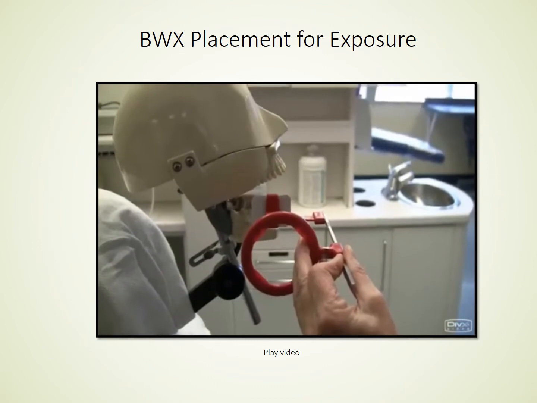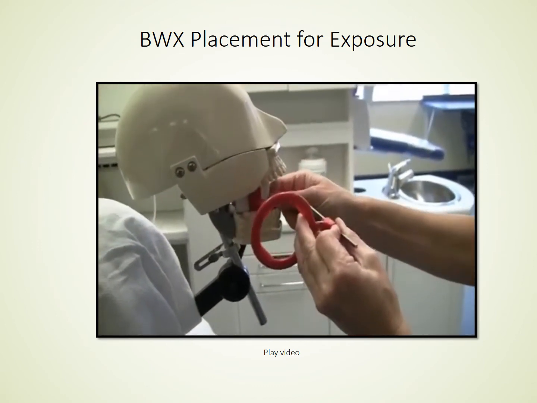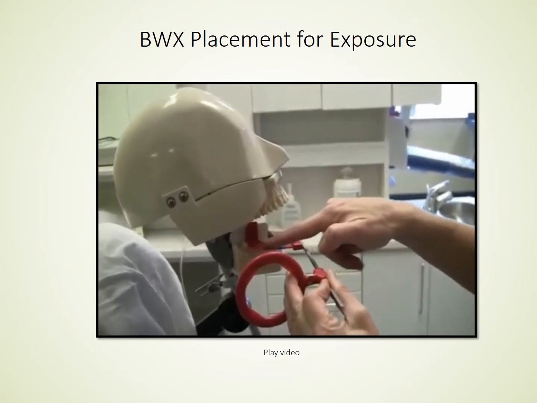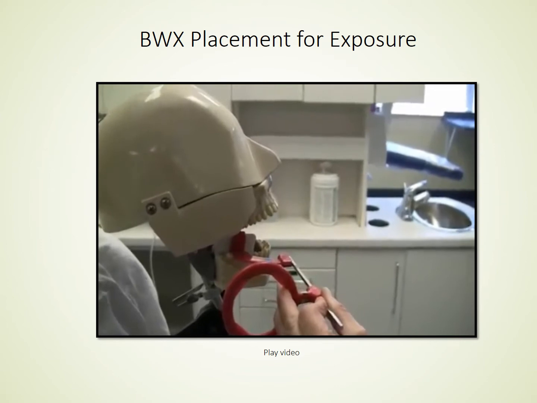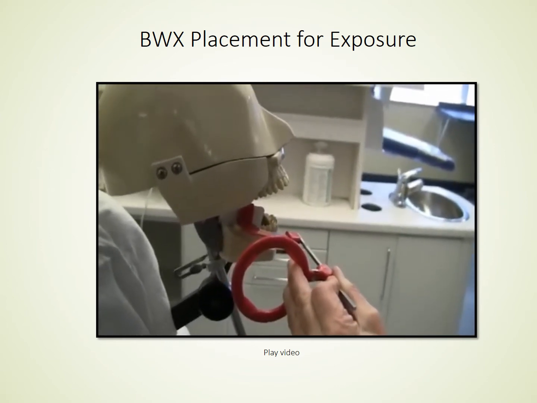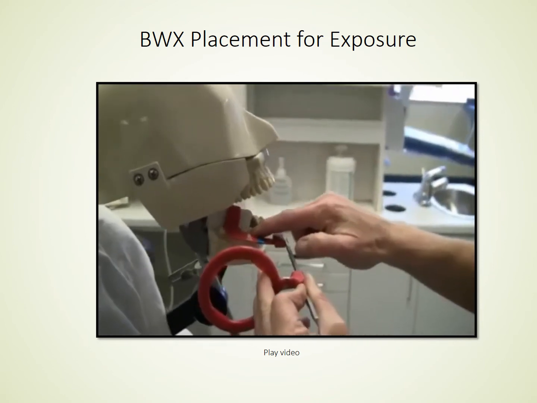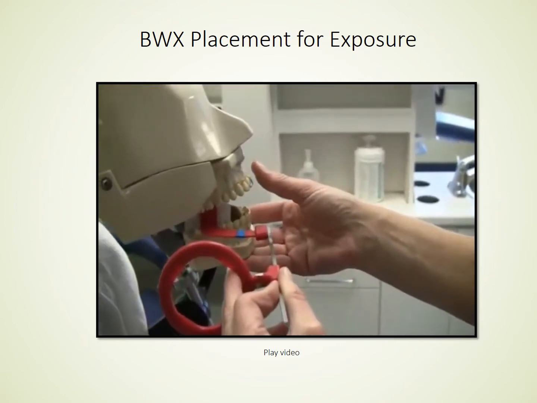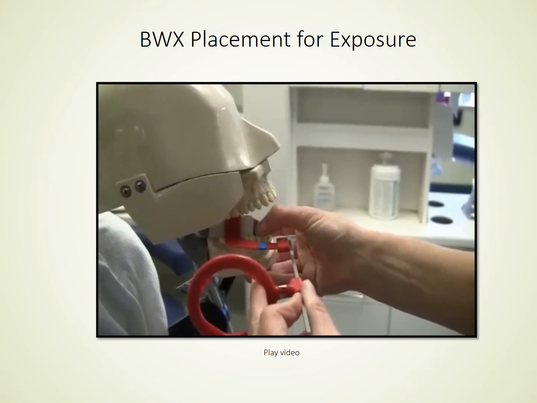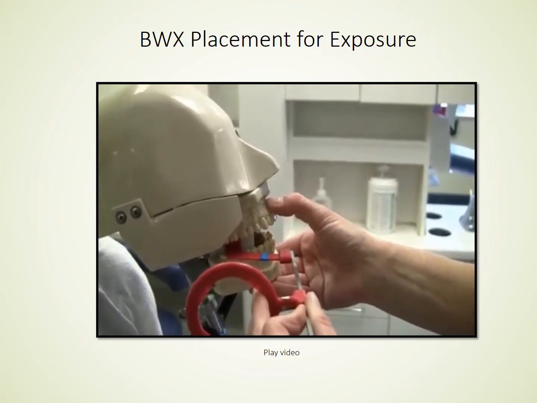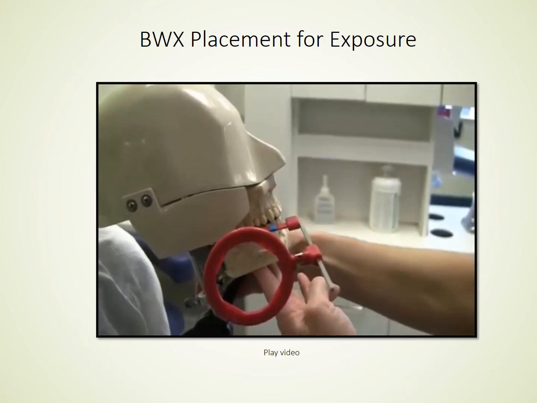We're taking a posterior bite wing. We're going to put this in our patient's mouth and place it far enough back, and our patient is going to bite on the bite block part. We want to make sure that we get the contact of the distal of the 5 and the mesial of the 6. So we want to place this so that we have the edge of the X-ray coming almost to the mesial of the 5, and we're going to get our patient to bite together,